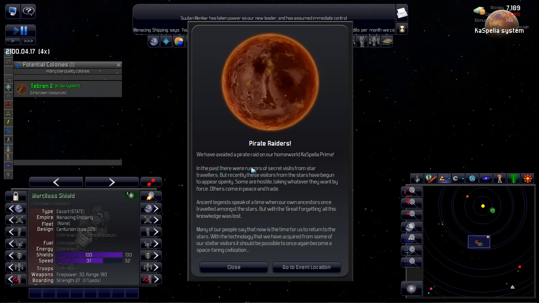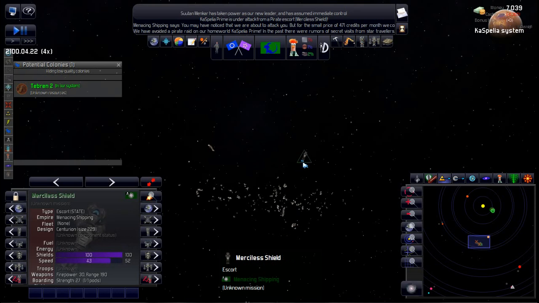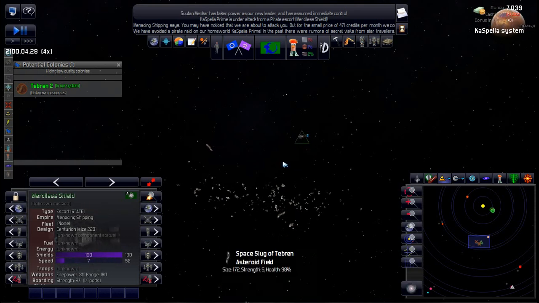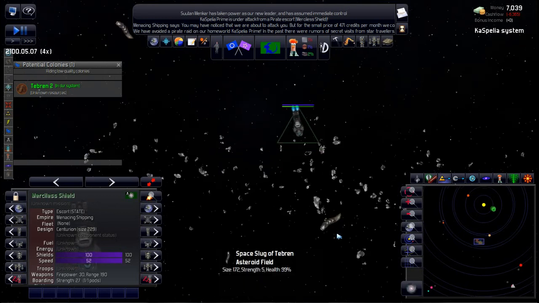And in the past, there were rumors of secret visitors from Star Travelers, but recently these visitors have begun to appear openly. Some are hostile, taking what they want. Others come in peace and trade. So ancient legend speaks of a time when our own ancestors traveled the stars, but with their great forgetting, all this knowledge was lost. So many people say it's time for us to go back to space, and that's exactly what we're trying to do. Okay, is he going to take these slugs out, or are we going to have to do it ourselves? Sometimes they take them out for us, and not